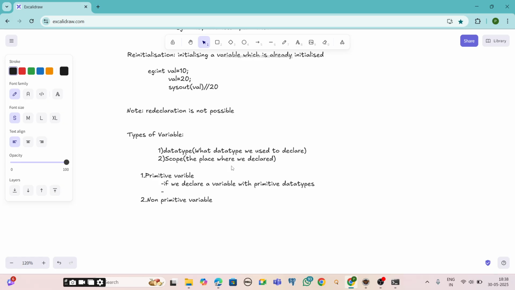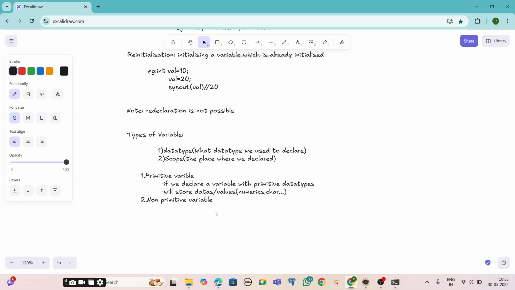These primitive variables store data or values like characters, numerics, true or false.